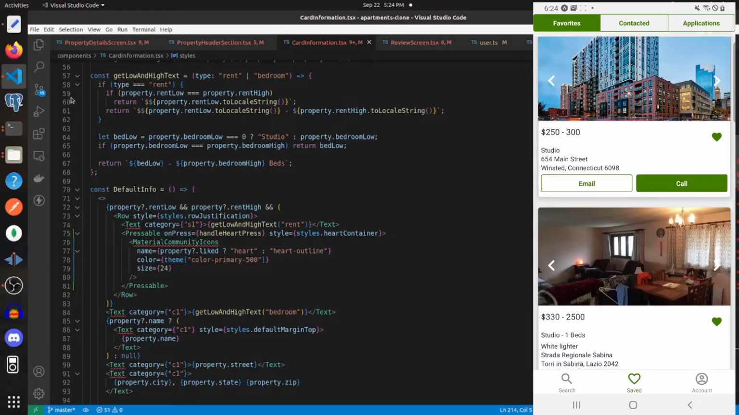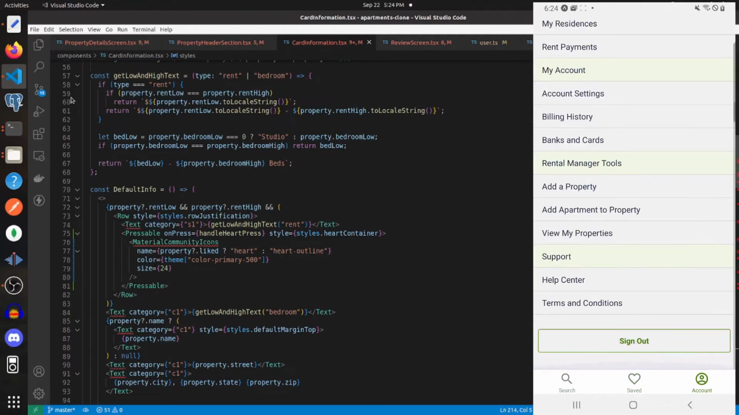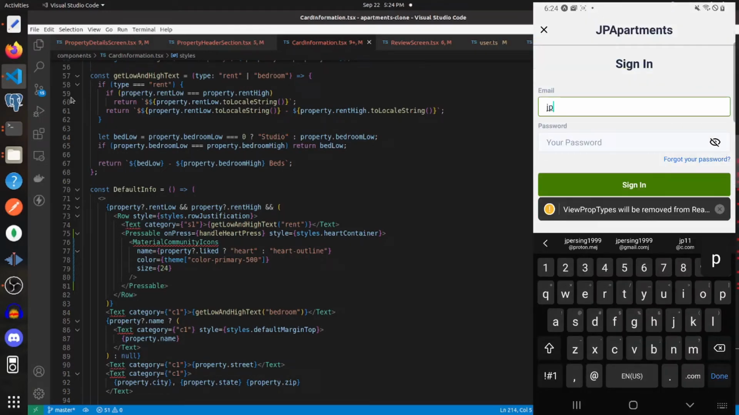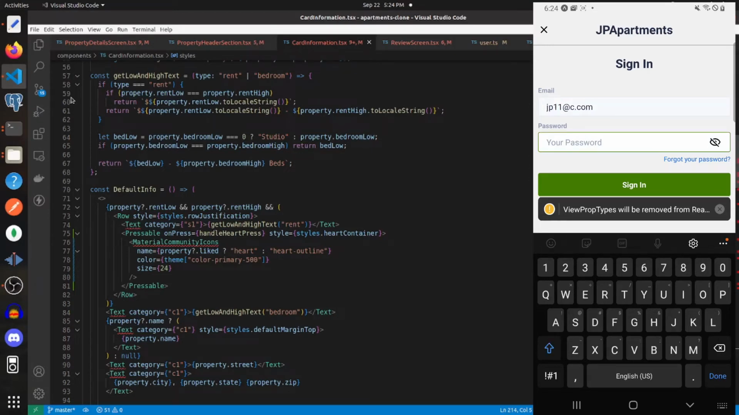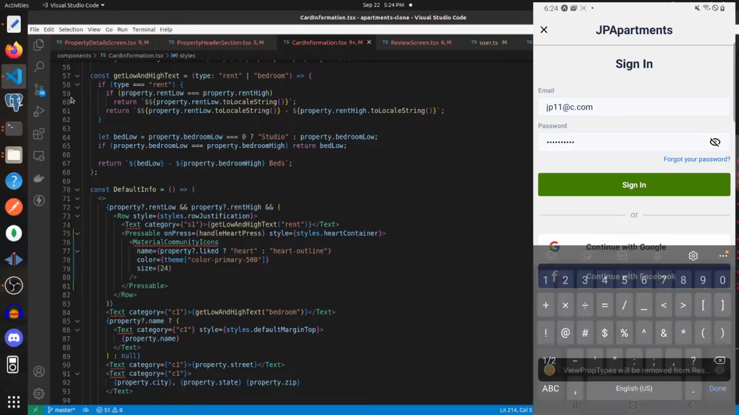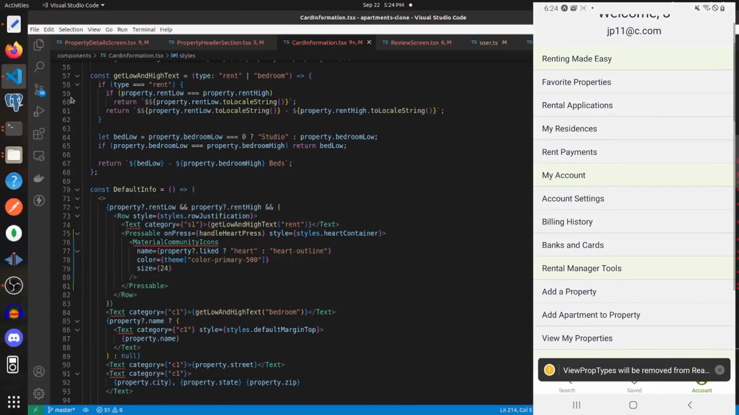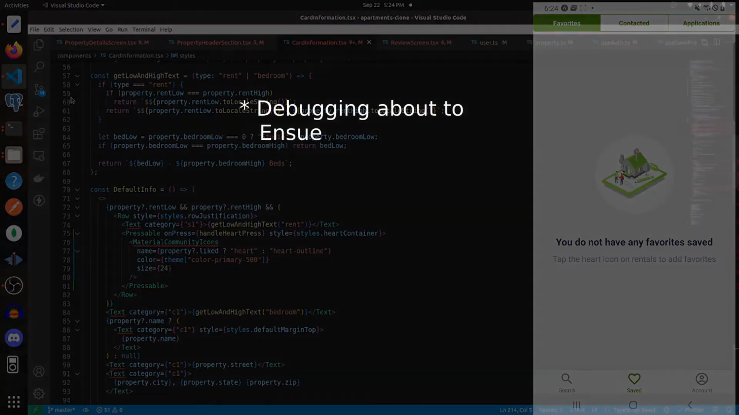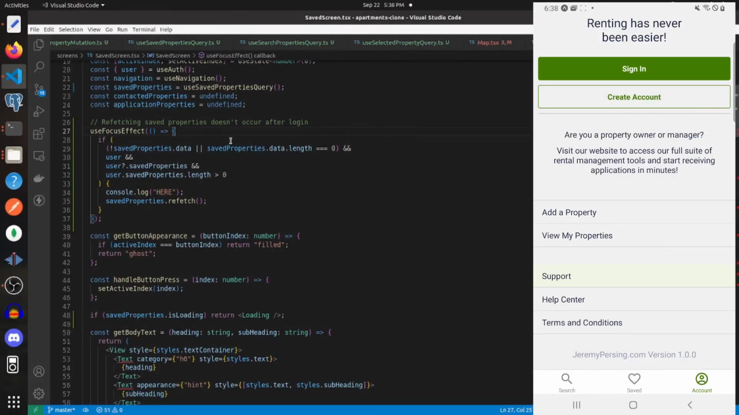So now let's log out, and then log back in. And if we go to the saved, we are not seeing it. All right, so the reason that we're getting that error is because we were only checking